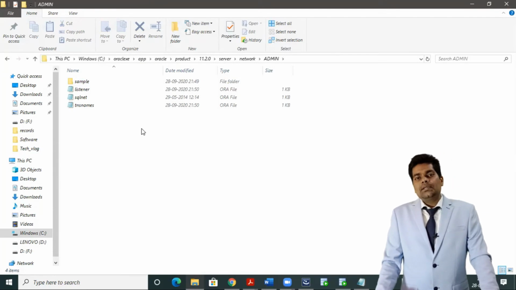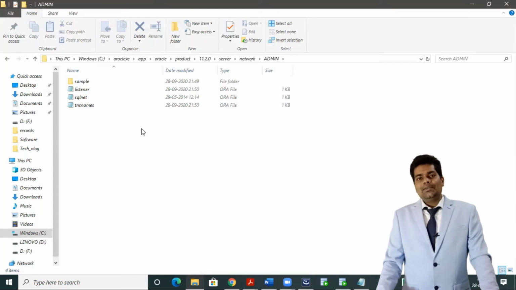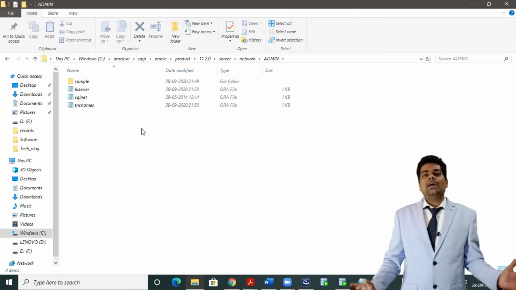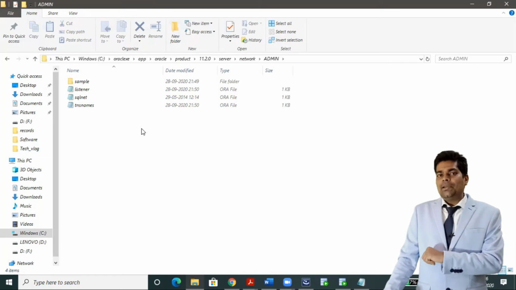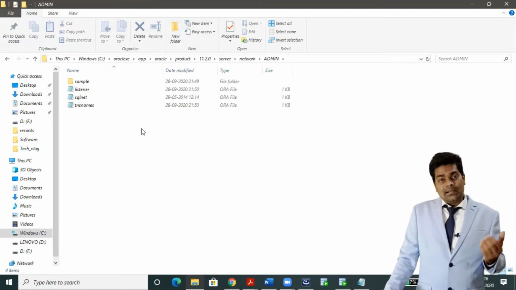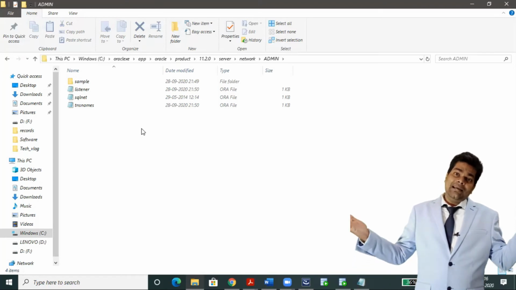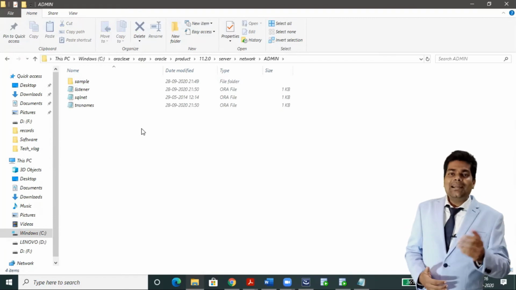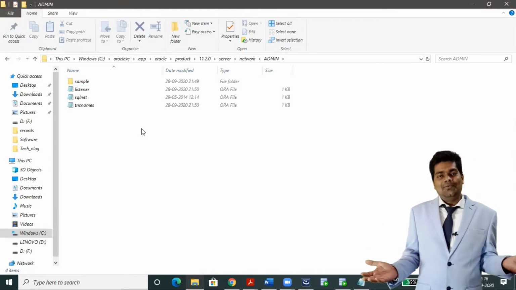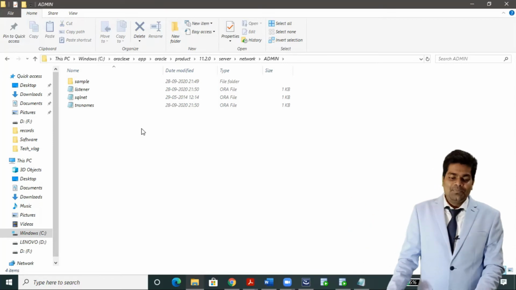When we are working in industry, there we have different teams like the DBA team, a team of 5 or 10 members. They are always working to ensure the database is up and running. But when we are learning database and installing the database on our system, then we are the only administrator. We are the developer, we are the DBA, we are the network admin, we are playing the responsibility of each and every team.